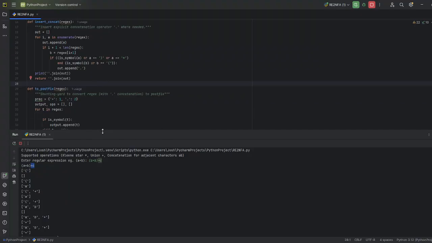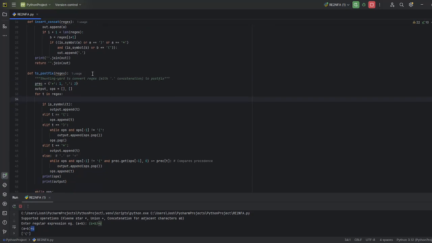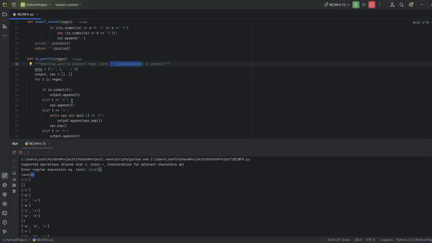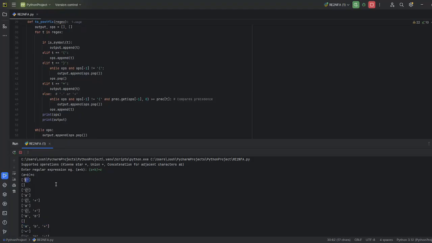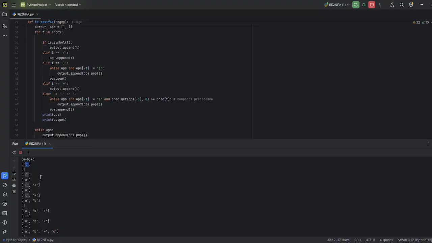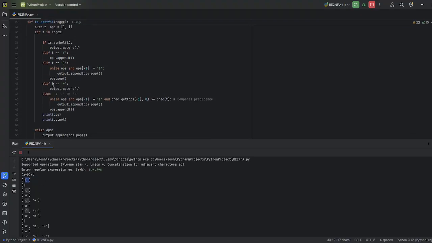And here we have the postfix, or the shunting yard algorithm, to convert the regex itself into something like this. It will have the operators at the very end and have the symbols that you will operate on before it, and store it in a list. As you can see here, it reads first the parentheses. So it will now try and look for other symbols, especially this closing parenthesis as well.